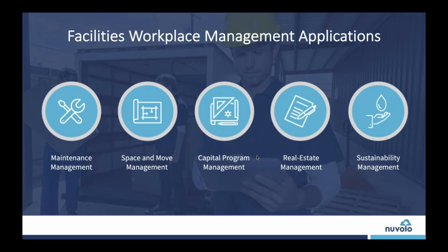So that includes things like lease payments, maintenance costs, insurance, but also this is where you can start to bring in all of this other information to know exactly, for example, how you are utilizing the space that you have occupied, what type of work is being performed, or perhaps what projects are currently active. And lastly, sustainability, which includes the ability to manage all of your energy, consumption, and cost. So this is where you can start to track this information to understand where you are at with your green